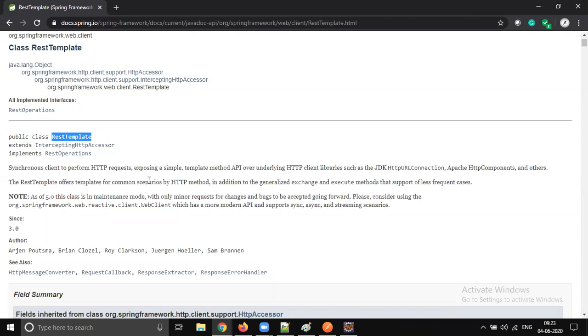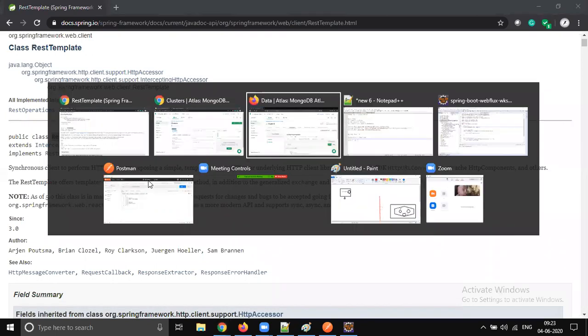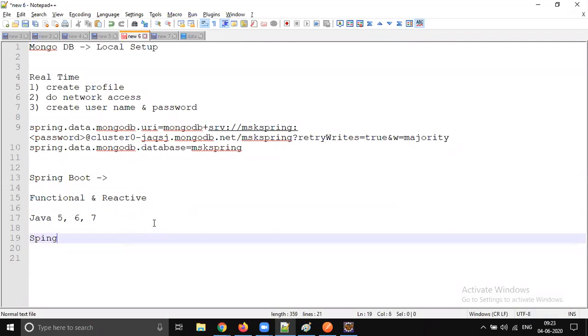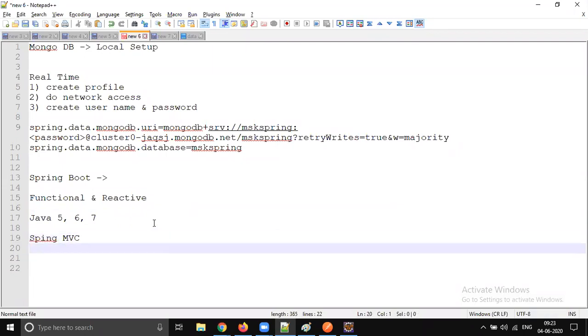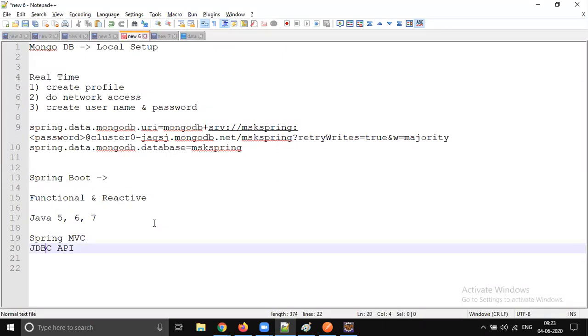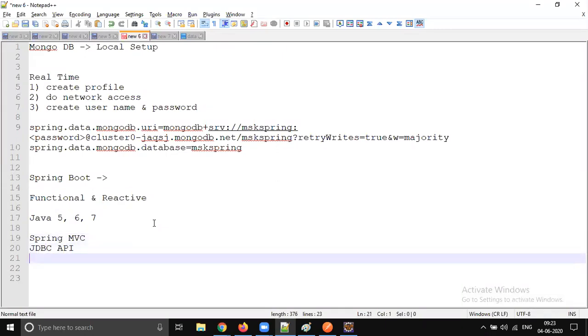It's the same for all the blocking technologies. In future, Spring MVC is going to be deprecated. In future, the JDBC API is going to be deprecated, because these are all blocking APIs, right? We cannot make our threads wait until we get the response from the third party service or from the JDBC API.